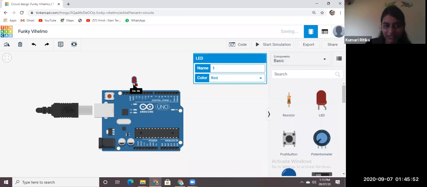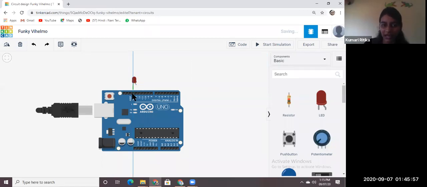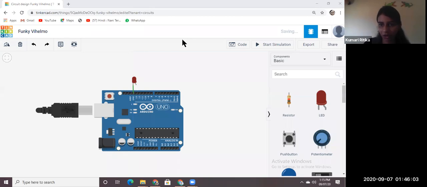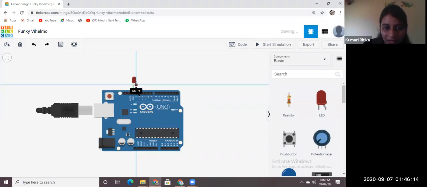The bigger one is the anode, the smaller one is the cathode. We always connect the cathode to GND. Then connect the right side to any pin number. Let's say 13. Connect it to 13.